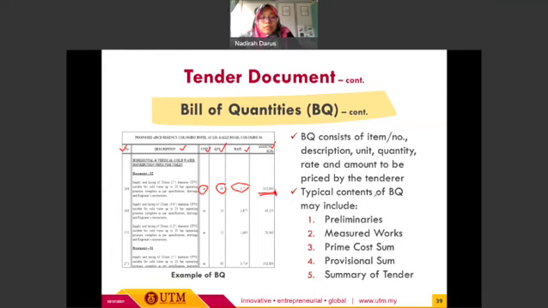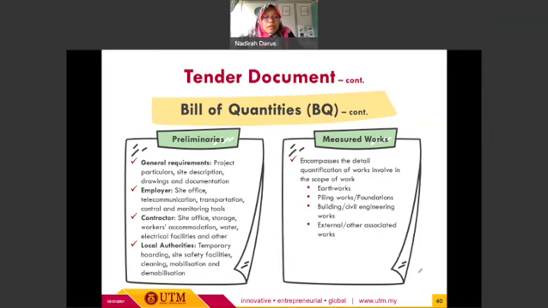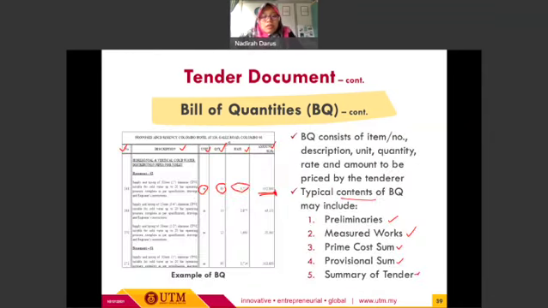Okay. So there are several typical contents of BQ, such as preliminary works, measured works, prime cost sum, provisional sum, and at the end, we will have the summary of tender. Okay, so we are going to look at each of these typical contents. All right. So for the preliminaries content or preliminaries works,